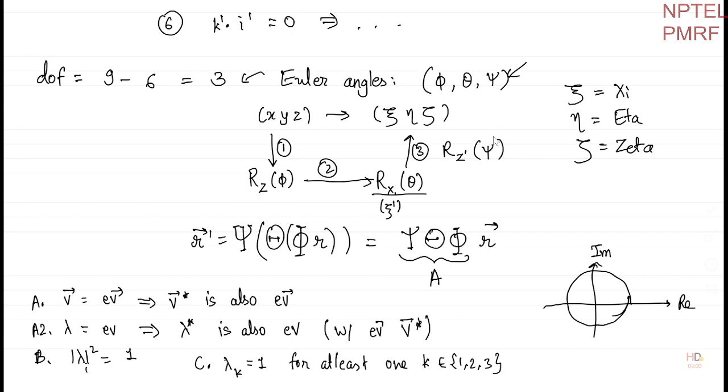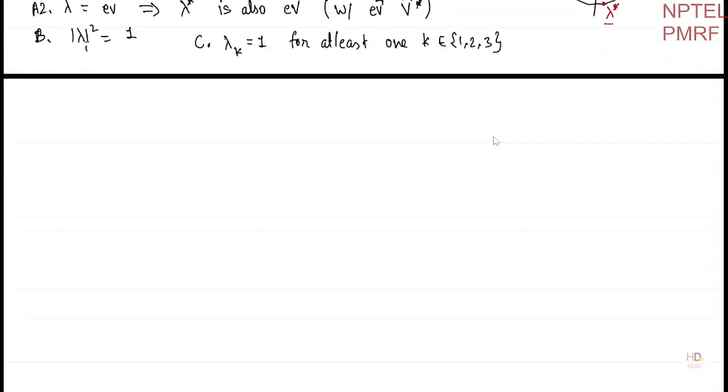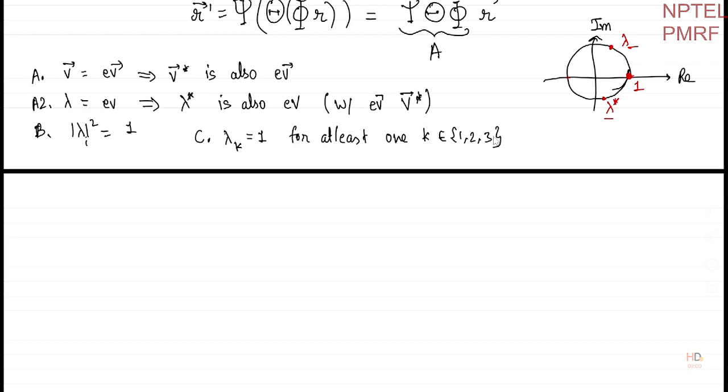So what can happen is, if we have this one, this is your lambda, then lambda star also is there. And now there is only one value. It has to be real, so it has to be 1 or minus 1. And then we know that the determinant is 1, which means the product of all of them is 1. The product of lambda star times lambda is 1, because that is your mod lambda squared. It means it has to be 1, the third one. Okay. So these three are your eigenvalues, and correspondingly you have eigendirections, which means there exists a direction